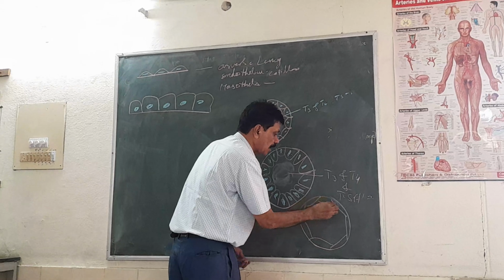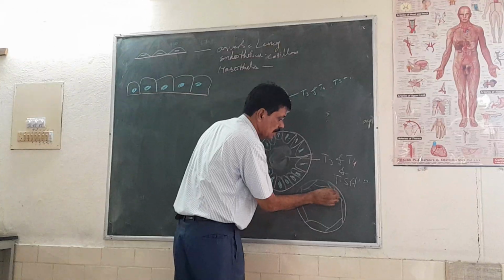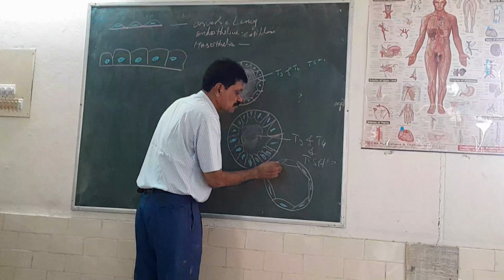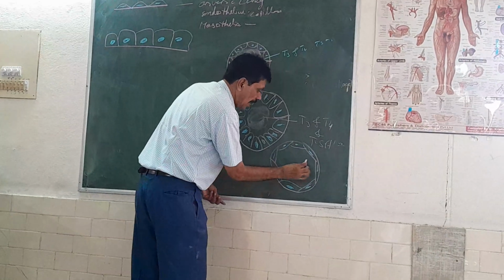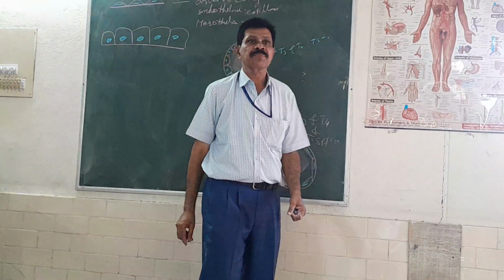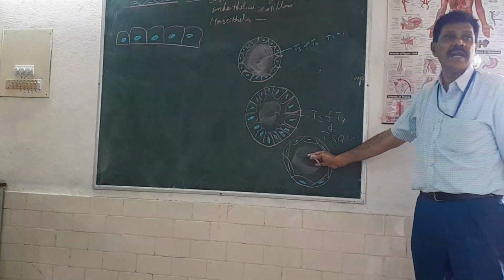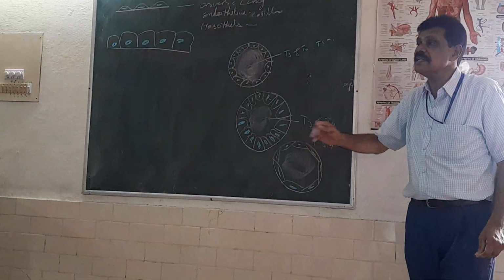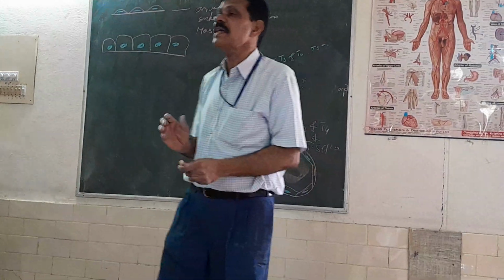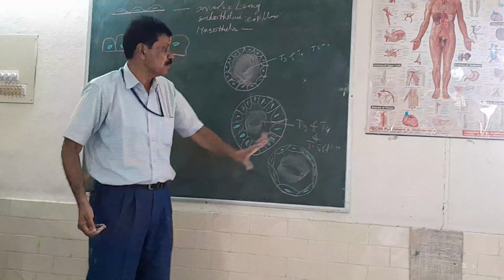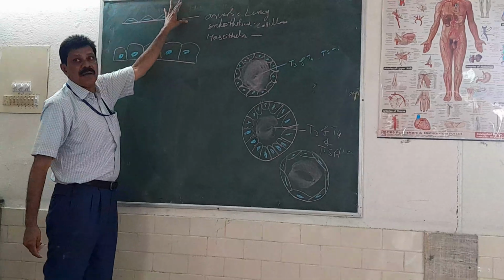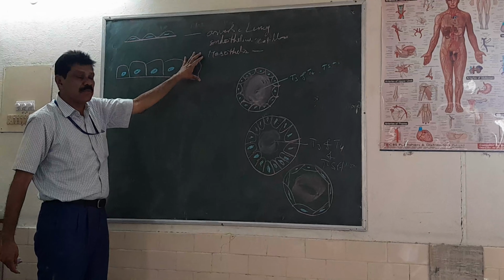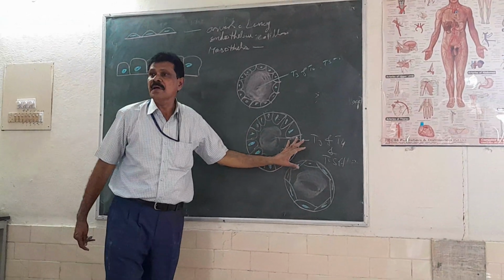The follicular cells become squamous. So it looks like this. When it becomes squamous in hypothyroidism, the shape of the cell is squamous, so secretions are less and function is less. The simple squamous epithelium function is less. But in the cuboidal epithelium, function is normal. In the columnar epithelium, the function is more.